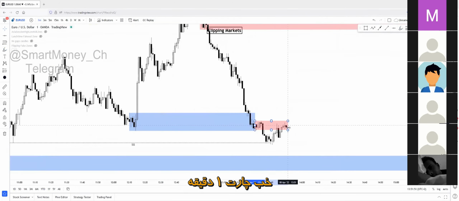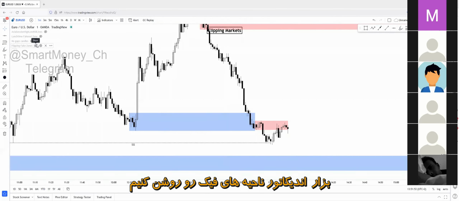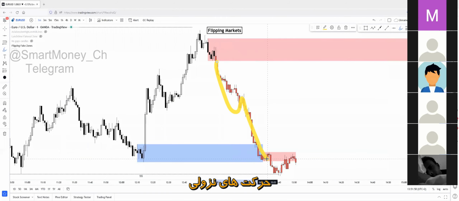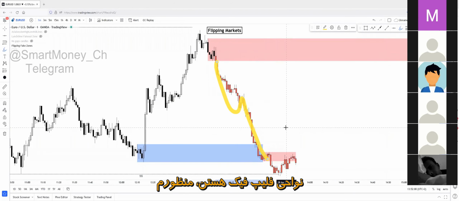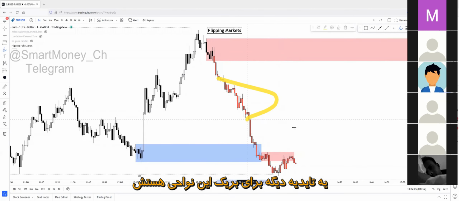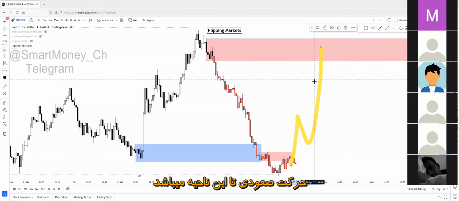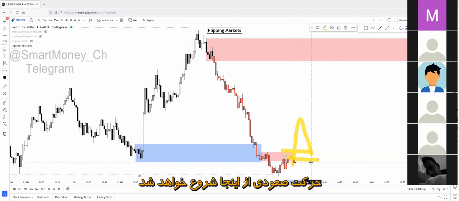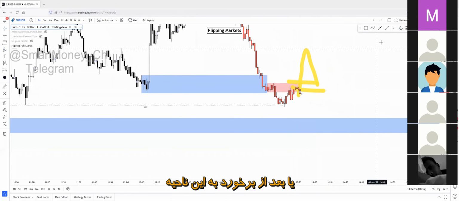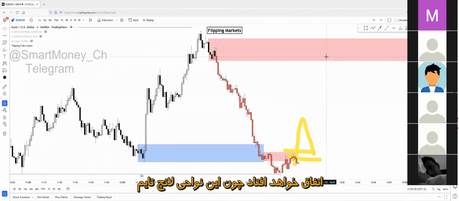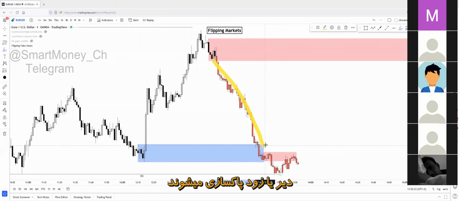On to the 1 minute chart. Let's turn on the flipping fake lunchtime zones. As you can see, every single movement, this downside movement is a fake lunchtime zone. So this is one more confluence for the break of these zones. And this is one more confluence for the upside movement right here. This is one more confluence that the upside movement will actually happen here, or after the tap of this zone, the upside movement or reversal will happen, because these lunchtime areas are being swept sooner or later. And most of the times sooner, right?